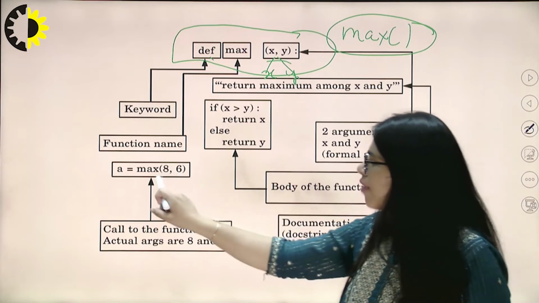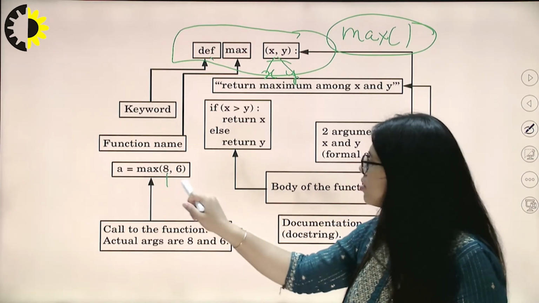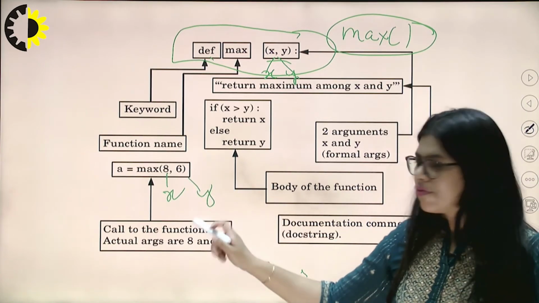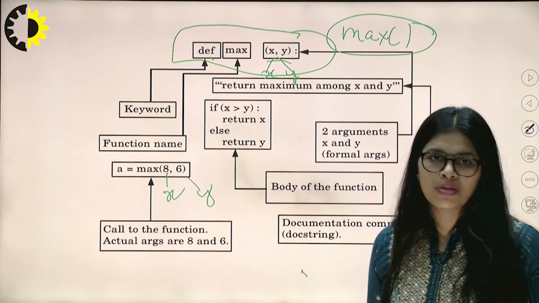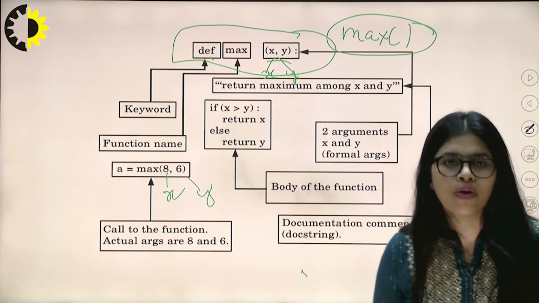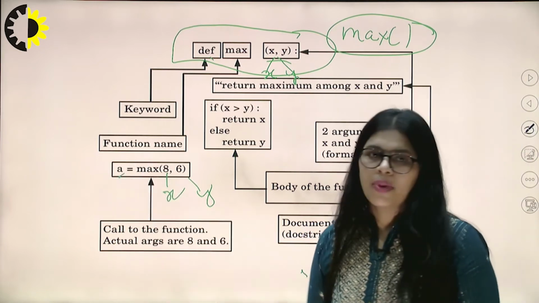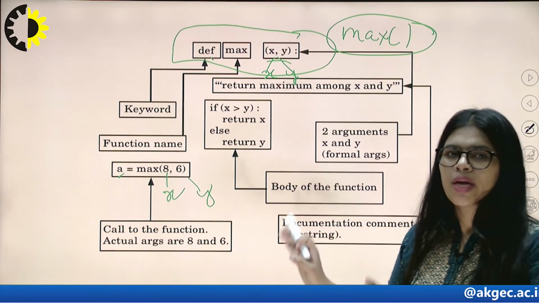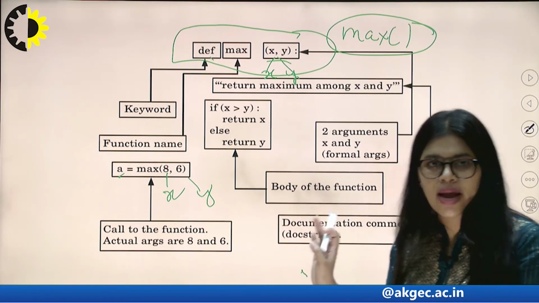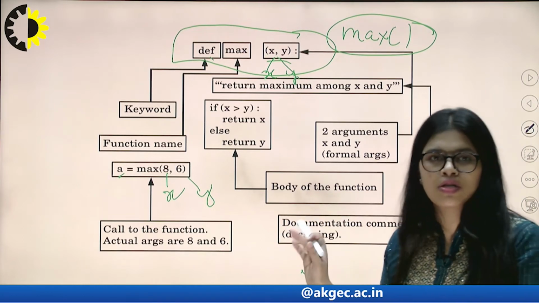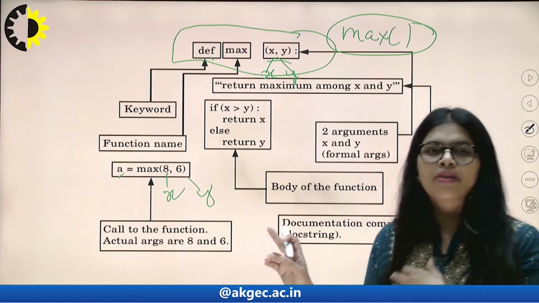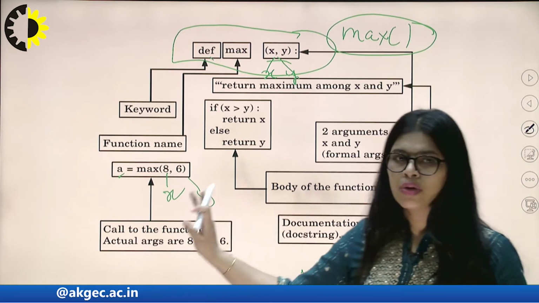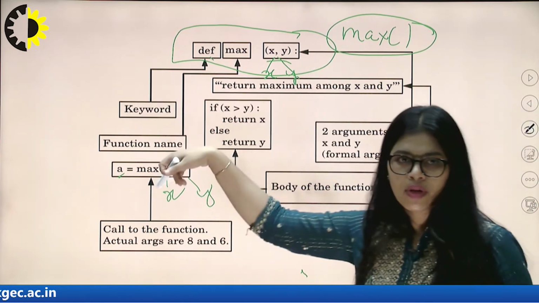So we take the values x equals 8 and y equals 6, and we directly call the function max(8, 6), which will directly print the maximum value. This example shows how a function is used, the mathematical function and the types of function, how to create a function, how to define a function, and how to print the statement under the function. So this example indicates the whole meaning of a function.